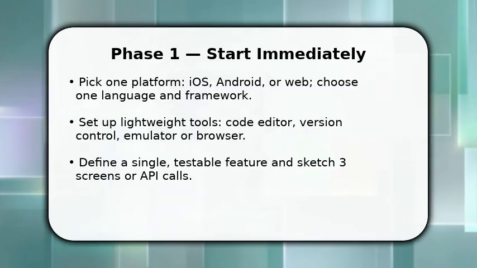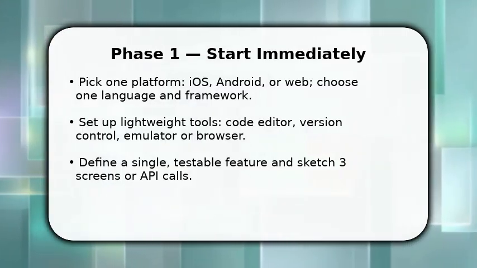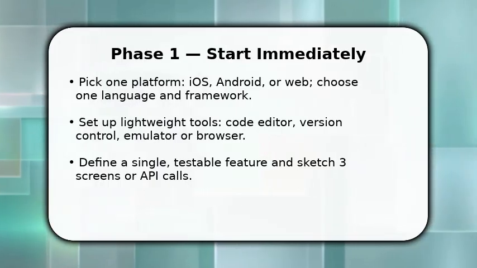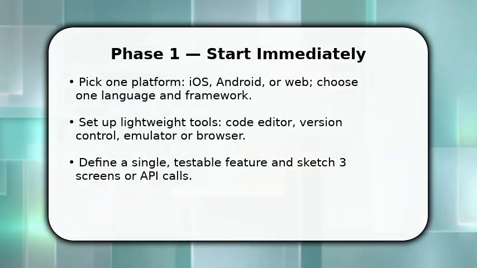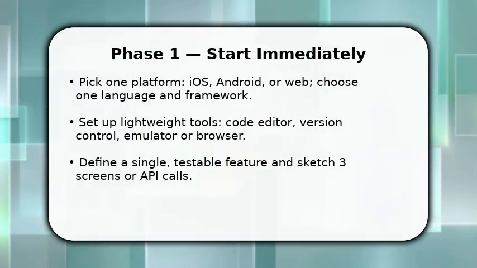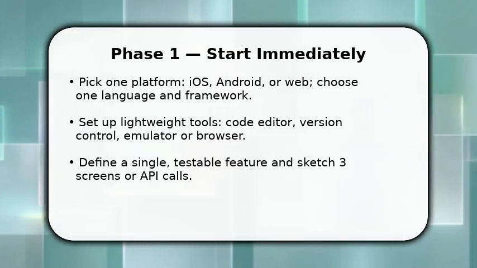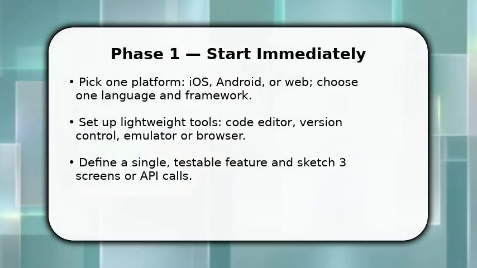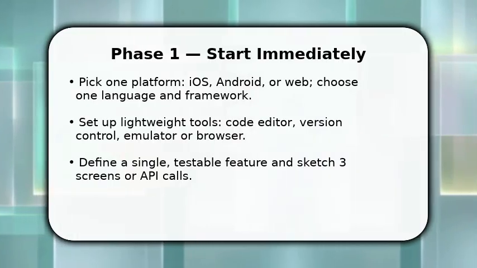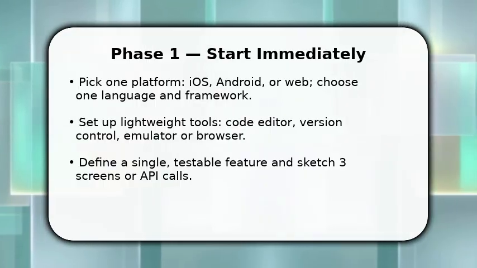You start by choosing one platform and one stack so progress is fast. Install a code editor and Git, then create a new repo and a minimal project scaffold. Once done, write a one-sentence goal and sketch 3 screens or endpoints that deliver that goal. Make sure to pick a single core feature to ship first. This avoids scope creep. Commit early, run the app in an emulator or browser, and confirm the initial screen loads